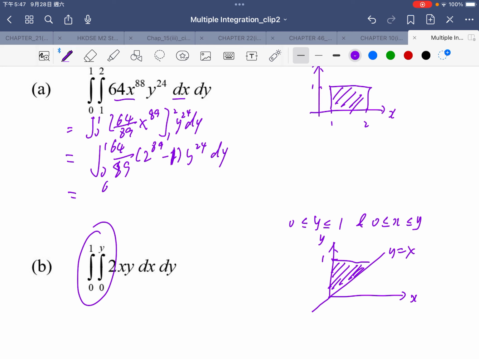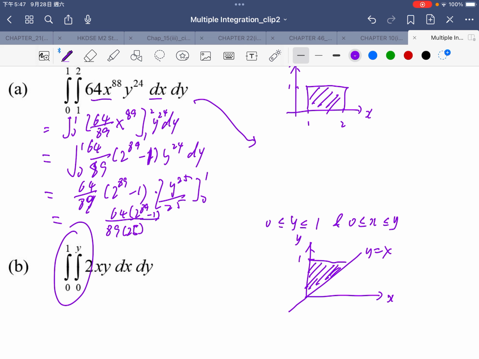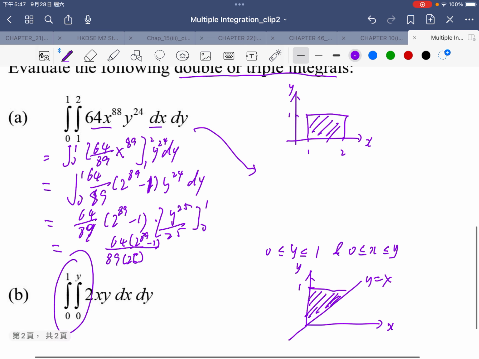And integrate the function y to the 24, then y to the 25 over 25. Assign the value 0 to 1. Then we got the final answer: 64 over 89 times 25, bracket 2 to the power 89 minus 1. That's the answer. In this case, I try to exchange the position, because if there is a square, a rectangle,